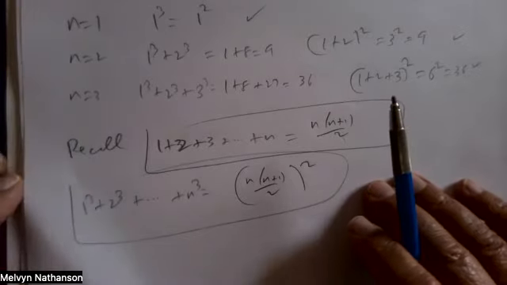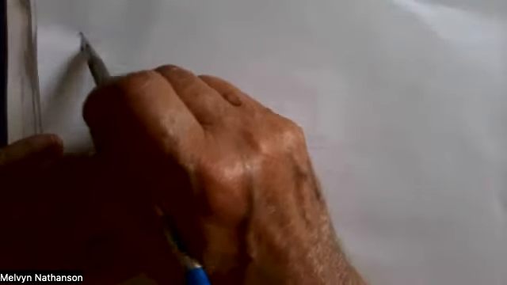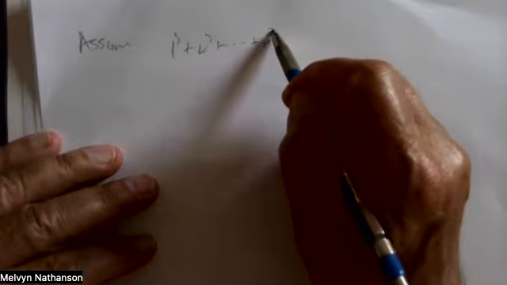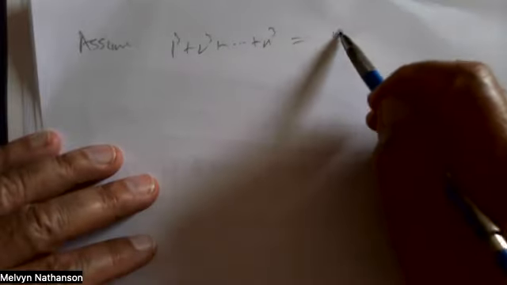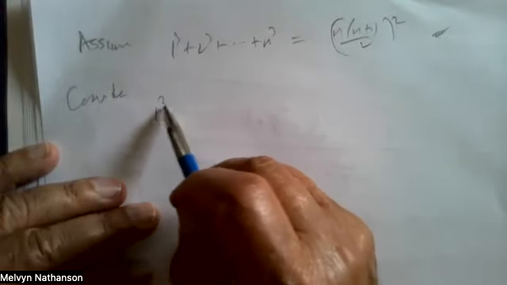So let me just give myself a clean piece of paper. So assume by induction that 1 cubed plus 2 cubed up to n cubed is equal to n times (n plus 1) over 2, all squared. Okay, so this is the starting point. And now consider when we have,